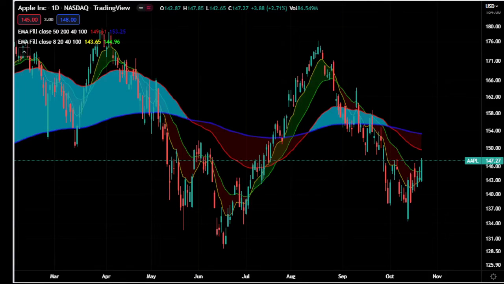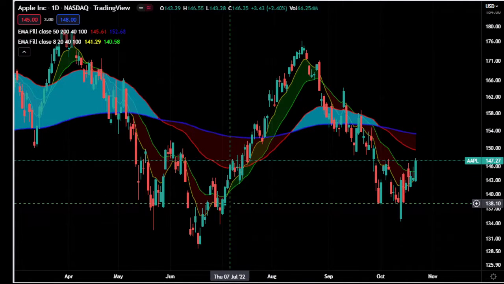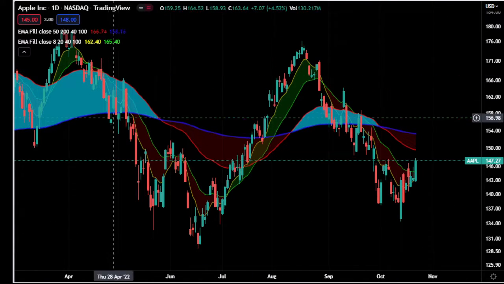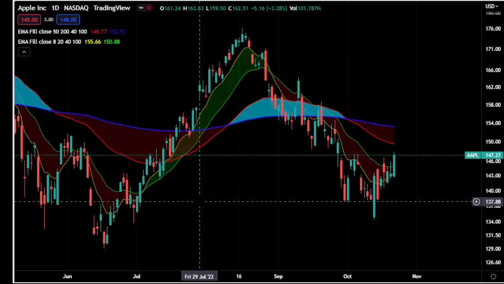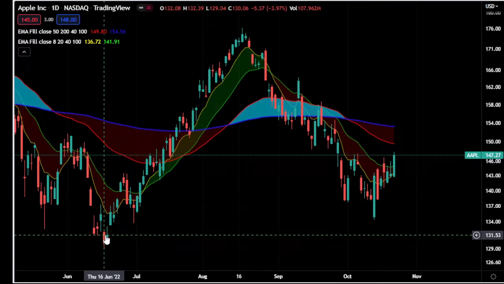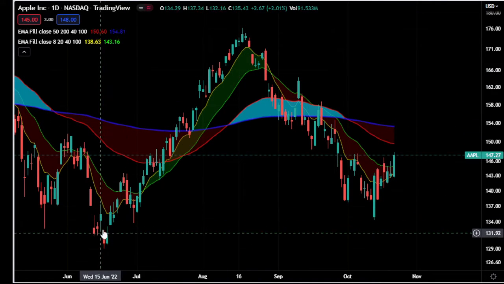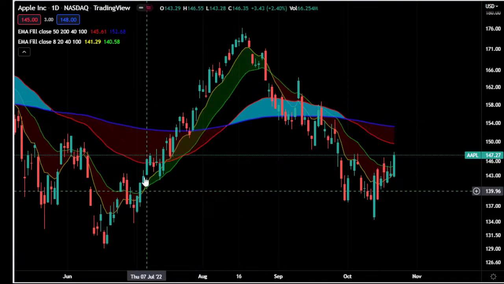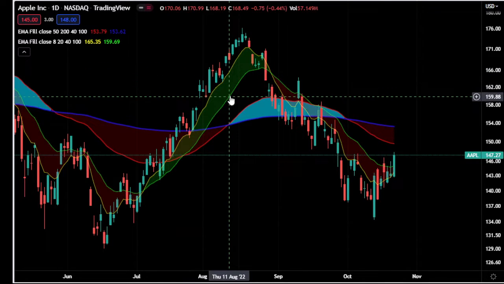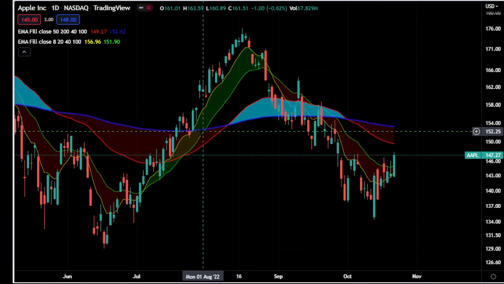Okay, now we're going to go into a daily chart of Apple, and here we see the daily trends of Apple. So this is really kind of volatile in terms of the daily charts. There's a lot going on here, but between mid-June and near the end of August, prices were moving above the 8-day moving average and above the 20-day moving average. And you see all these averages are kind of mixed up. Here's the 200